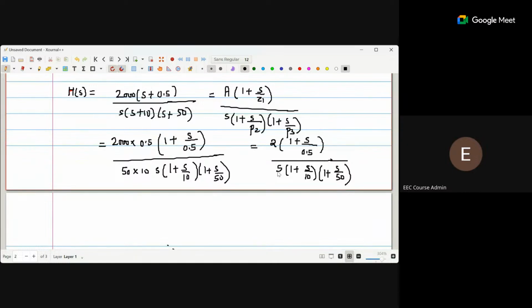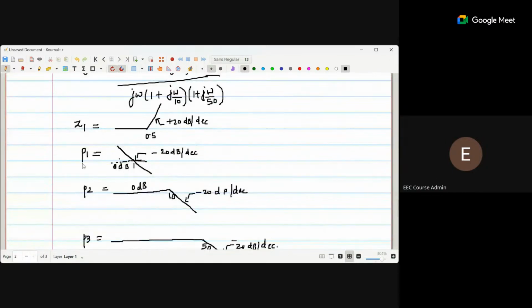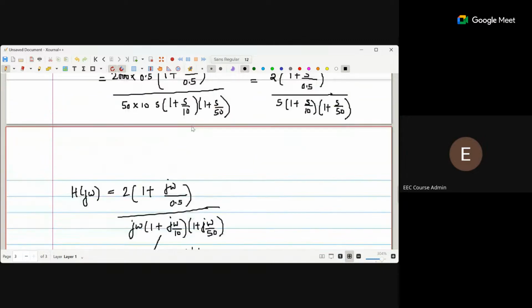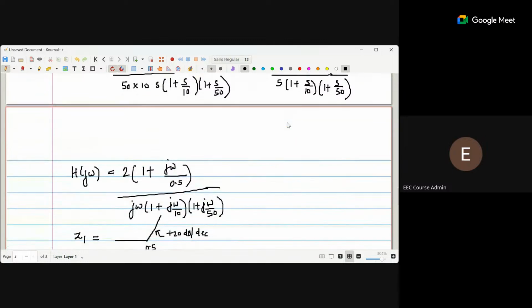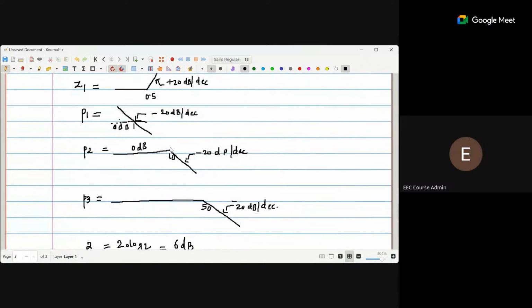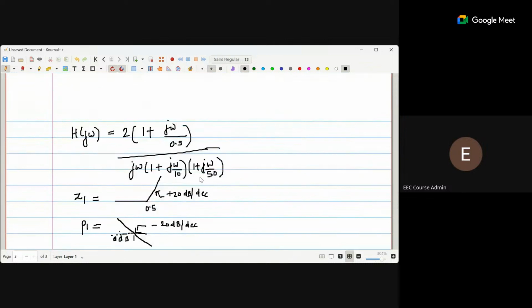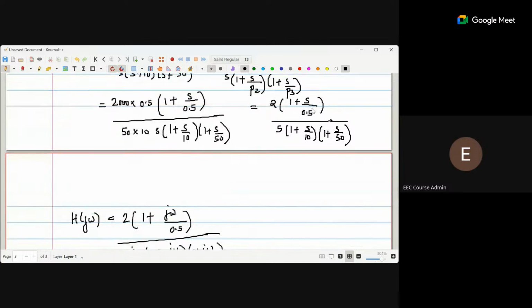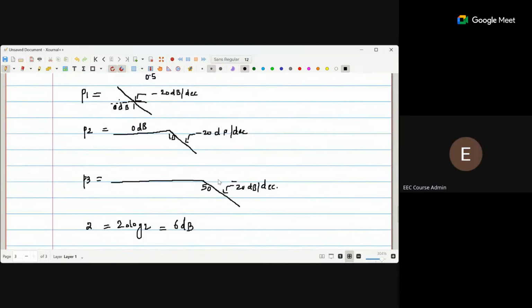Okay, then p1 is the pole at origin. So p1, you know that a pole introduces a slope of minus 20 dB per decade, and so that will have the 0 dB line at 1, because 20 log 1 is 0. So this will be the line in general for that p1. Then p2 corresponds to this term 1 plus s by 10. So till 10 it will be 0 dB. After that it is minus 20 dB per decade. Similarly, the last term corresponds to p3, 1 plus s by 50. So till 50 it will be 0 dB. After that it will be declining at a slope of minus 20 dB per decade. So these are the things,